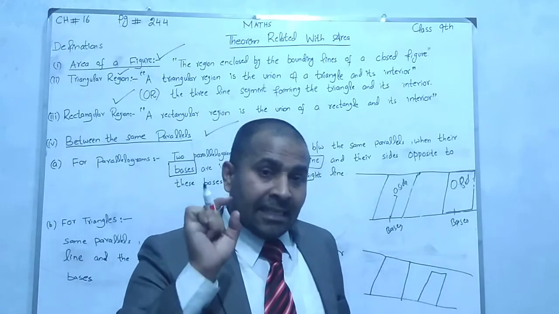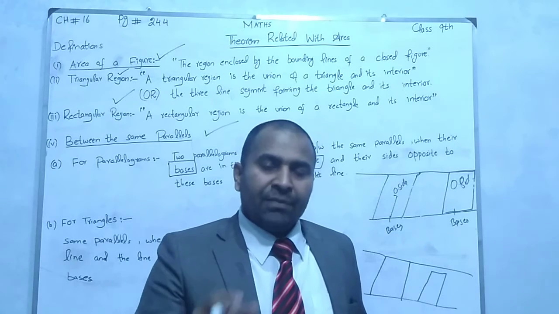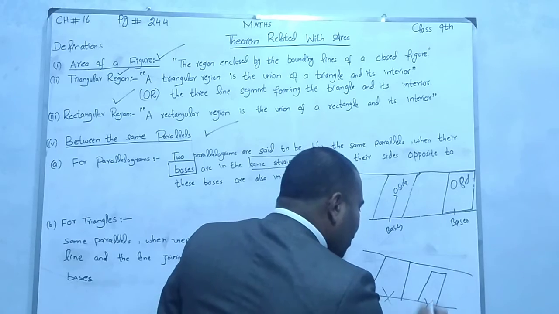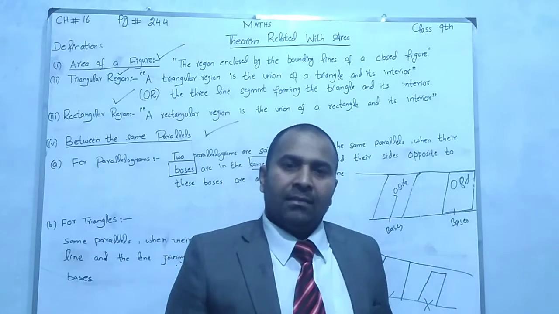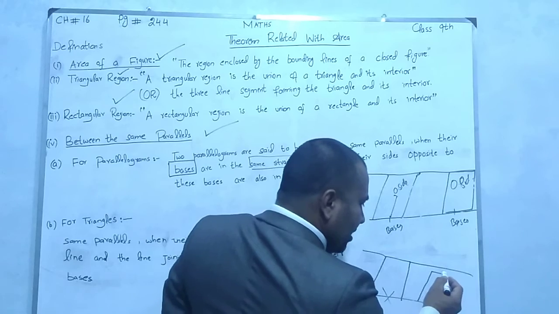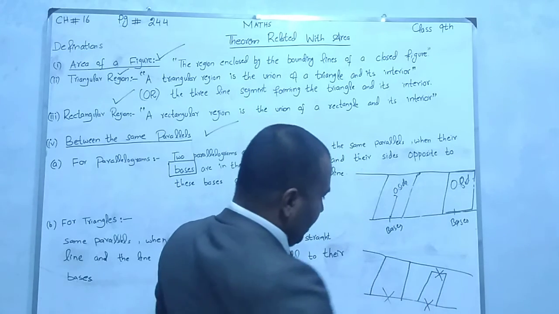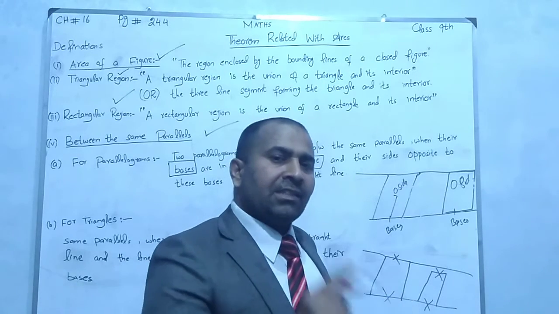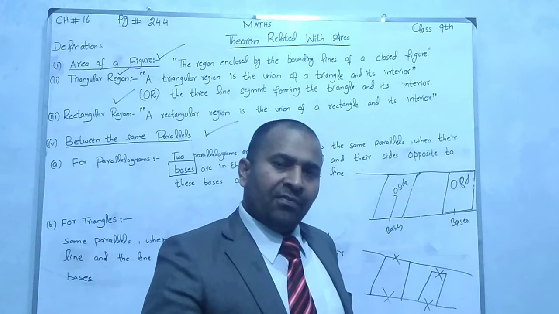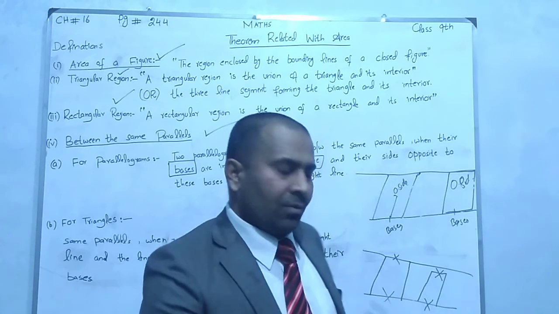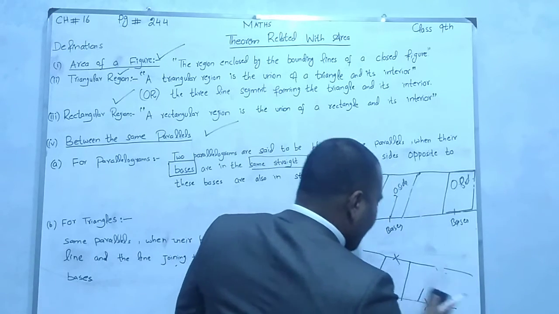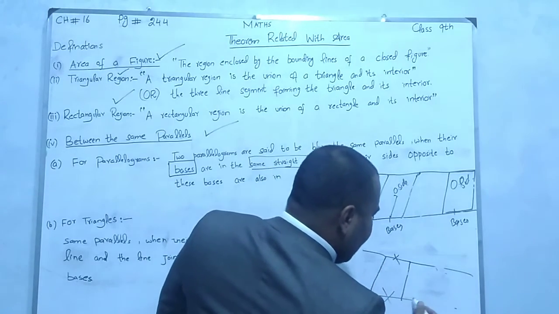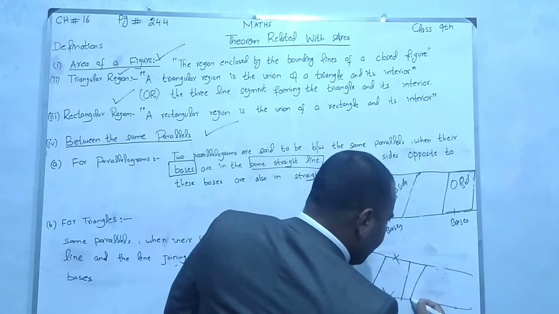will they satisfy the condition between the same parallels? No. Why? Look, their bases are of course on the same line, but their opposite side is shorter in height, this is larger in height than this, so they are not satisfying the condition of between the same parallels for the parallelograms. But if I say, look, this one is very small, and I draw another parallelogram like this,